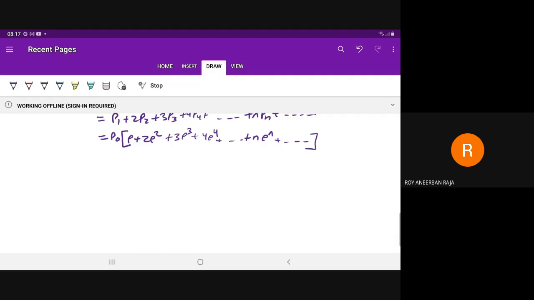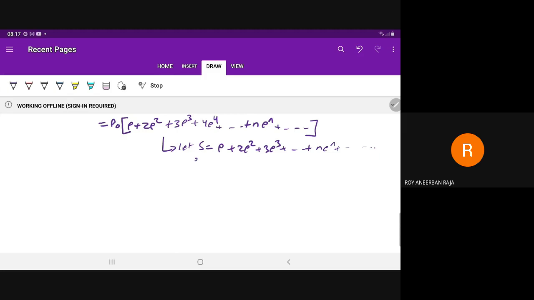So this is the APGP series. Let this sum be represented as S. S is equal to rho plus 2 rho square plus 3 rho cube plus n rho to power n and so on. If you multiply this S by rho, it will become rho square plus 2 rho cube